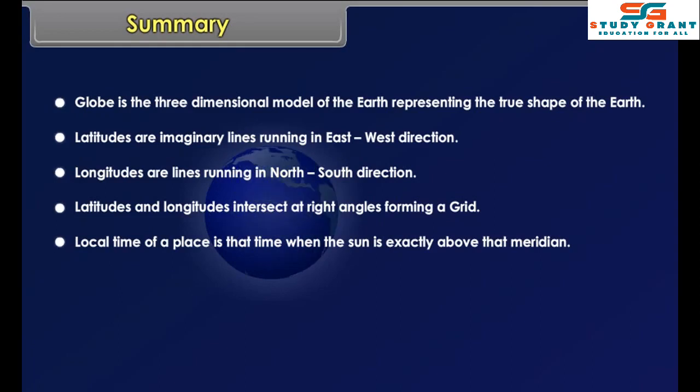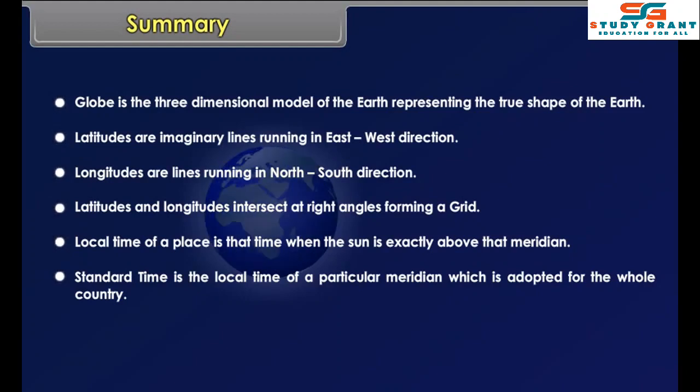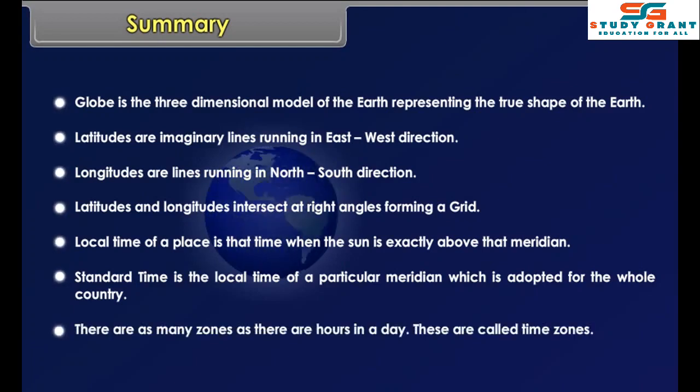Summary. Globe is the three-dimensional model of the Earth, representing the true shape of the Earth. Latitudes are imaginary lines running in east-west direction. Longitudes are lines running in north